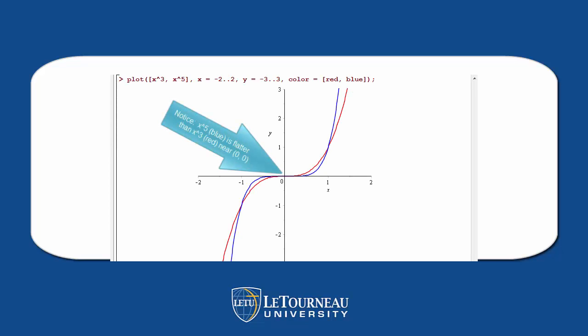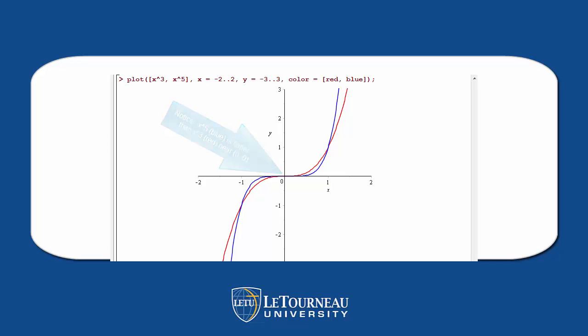Let's draw something else with Maple. We're going to plot x cubed and x to the fifth and see how x cubed and x to the fifth behave near the origin 0, 0, which happens to be the vertex for each of those. All right, notice that x to the fifth, which is the blue one, is flatter near the origin than x